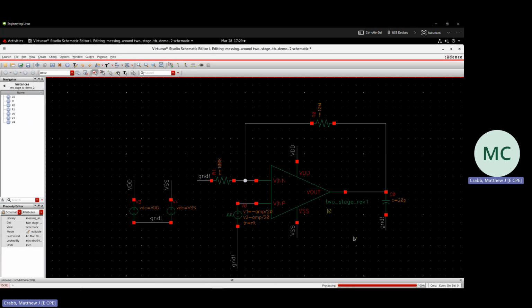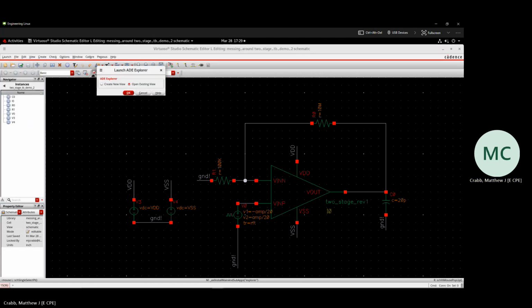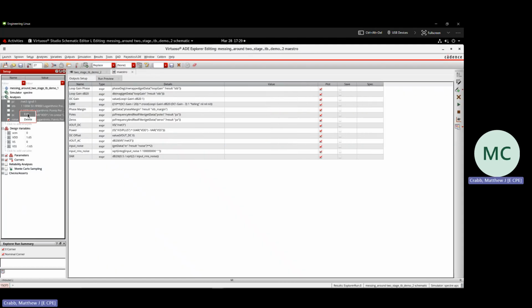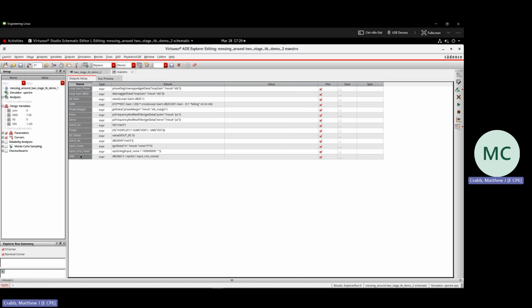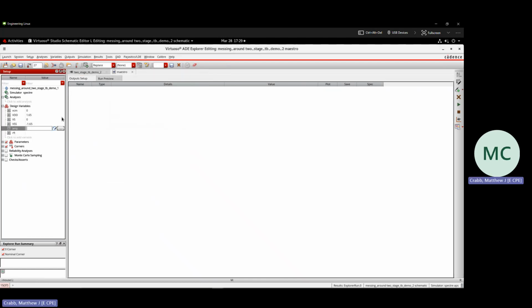Okay, now I'm all set up. So let's launch my ADE Explorer. Actually, wait, I'm gonna open existing view. And then I'm going to delete all of these tests. I'm going to delete all of the outputs that I have here. And then I'm going to click to add variable, copy my new ones. Let's do an amplitude of, our supply is 3 volts. So let's try like 2 volts. And a rise and fall time of,